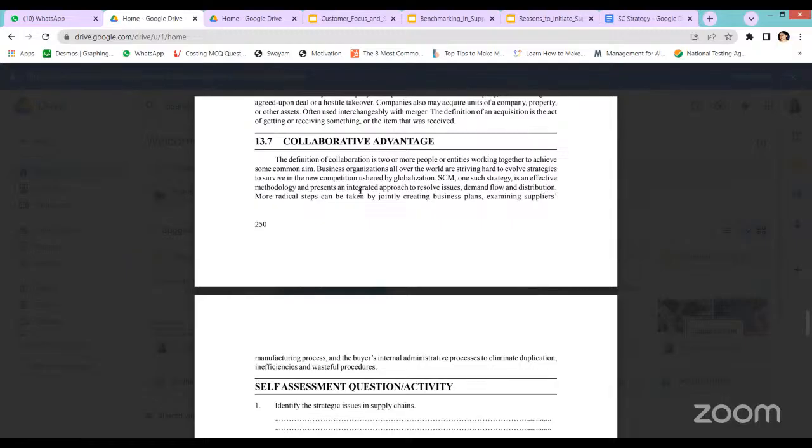Similarly, at a larger level, these firms will form a collaborative. Collaborations will take place at different levels of the supply chain, like manufacturer and supplier, or retailer and distributor, who will collaborate and cooperate with each other for a common achievement. Or two logistics companies sharing their transportation. Say, for example,